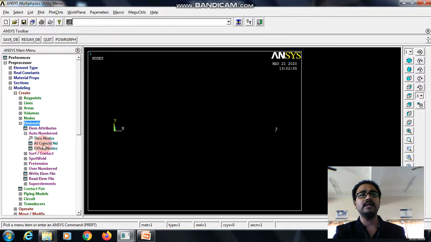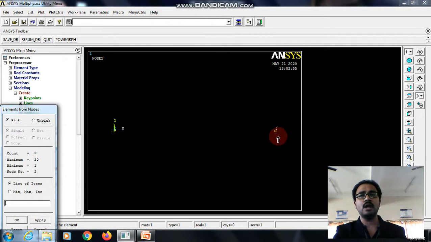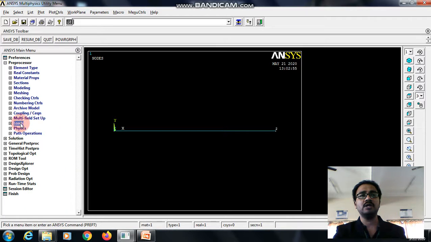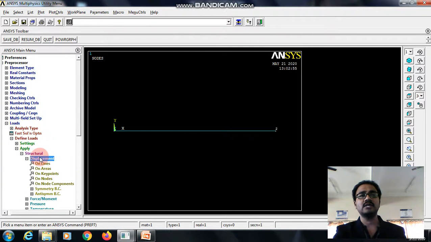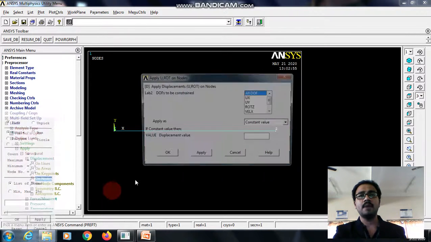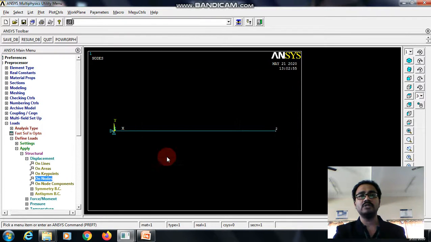Now I will be creating the elements. For that, element auto numbered through nodes, pick node 1 and node 2, give OK. Afterwards, for boundary conditions, select loads, apply structural displacement on nodes, select node 1, apply, all DOF you select.